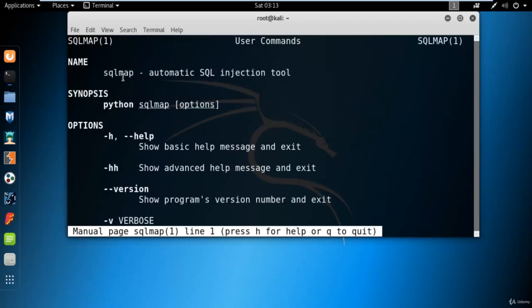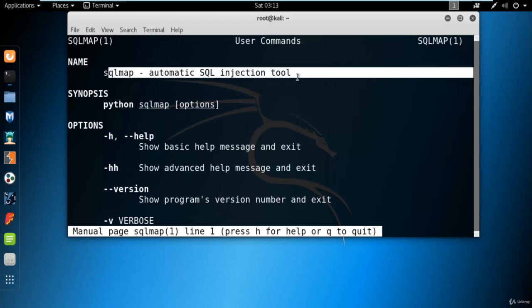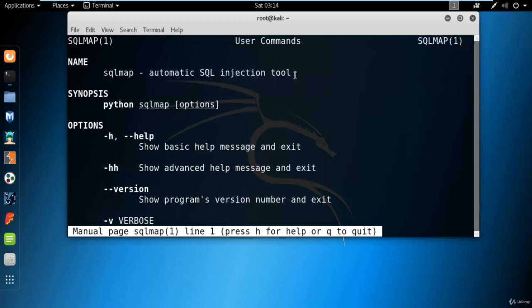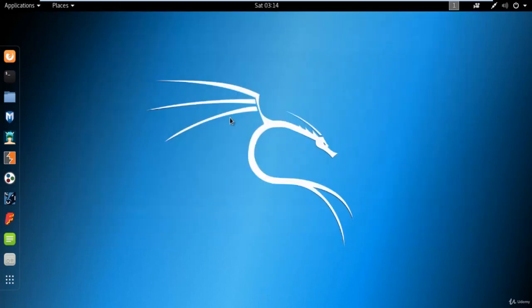So if you want to attack a website and you want to use SQL injection as a method, then SQLmap is the best tool available in the Kali Linux operating system. So how can we use it? Let me show you. First of all, open your browser, Firefox, and